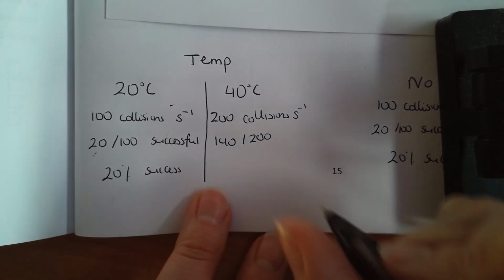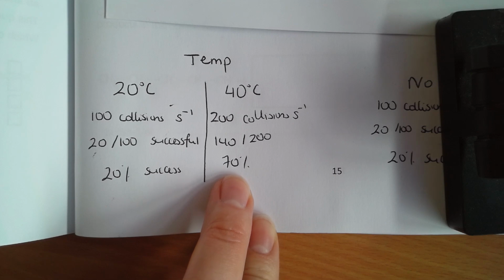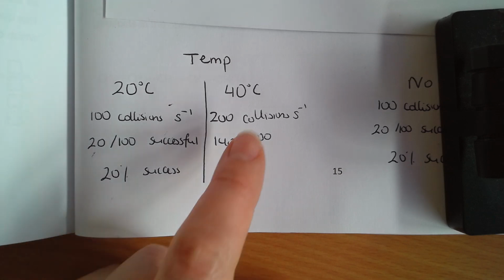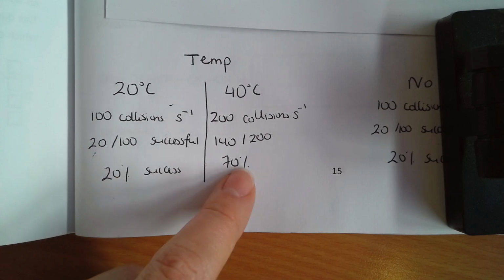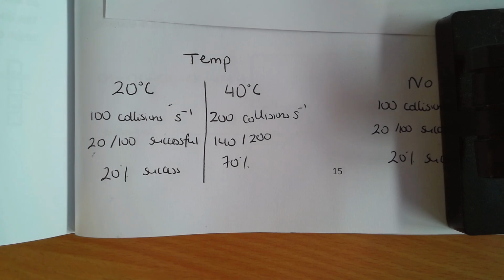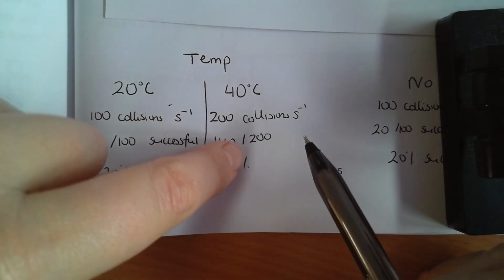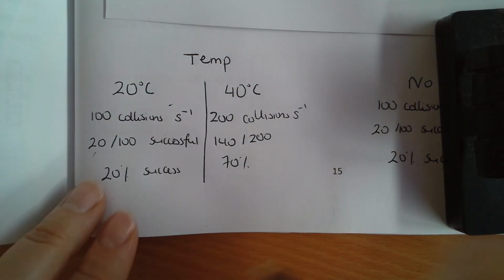So I've gone from a 20% success rate all the way up to a 70% success rate. So not only are those collisions happening more frequently, but a higher proportion of them are successful. Therefore, my rate is going to increase. Now, the important thing to notice, though, is that even though the successful collisions are happening faster,